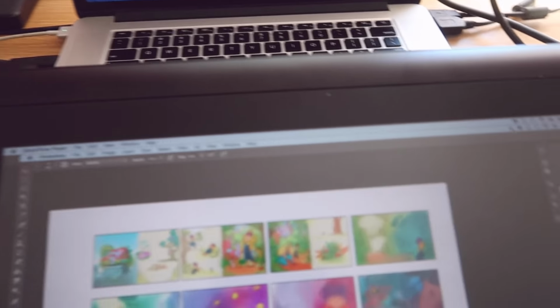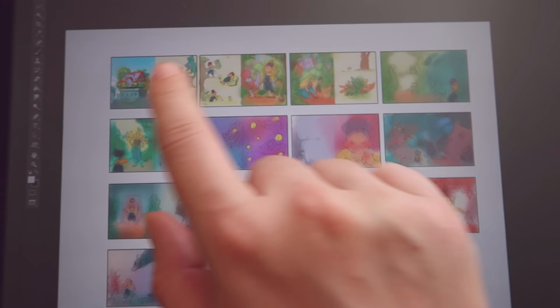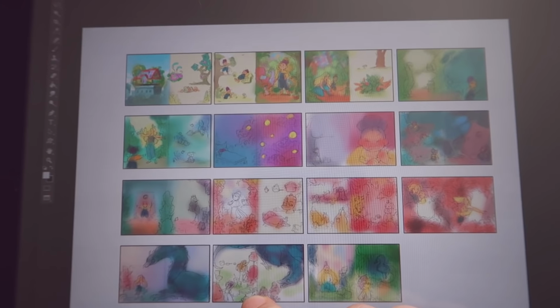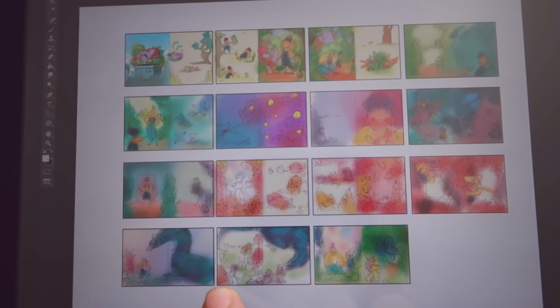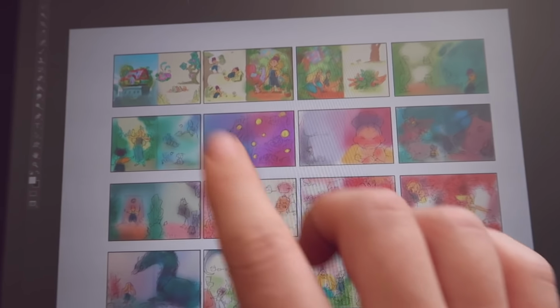Alright, I'm super tired now, and maybe this was a bit overkill for this week's video, but oh well. This is sort of what I'm doing. I got pretty detailed here, but I just gave it up because I just needed to get some basic colors down so I know the colors. So, as you can see,